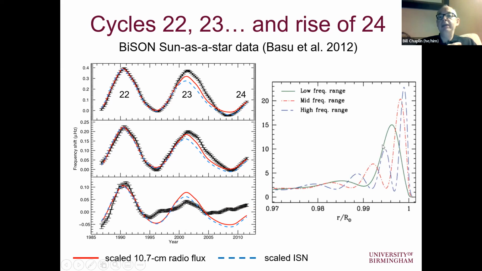For example, if I take the solid curve, this is for the low frequency range. This is giving us an idea of how sensitive the modes in that range would be to perturbations taking place within this outermost range of radii. You can see that they are very, very sensitive, and the sensitivity peaks at around 0.99 something solar radii. But then you can see the sensitivity falls off as you get close to the surface. The mid and higher frequency range modes, however, have much more sensitivity right close to the visible surface, essentially the photospheric level.